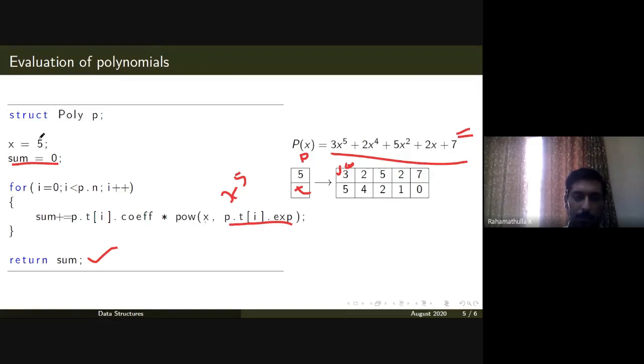Now you change the value of x to 6, then it is equal to coefficient into x raised to the corresponding exponent, etc. You will get another evaluation. Now you return this from your function, and it will be the evaluation result. So far we have seen how to represent a polynomial in your computer and how to evaluate this polynomial if the value of x is known. Any questions?